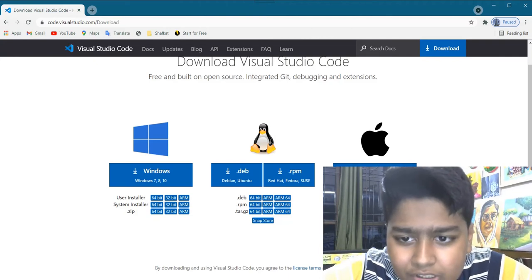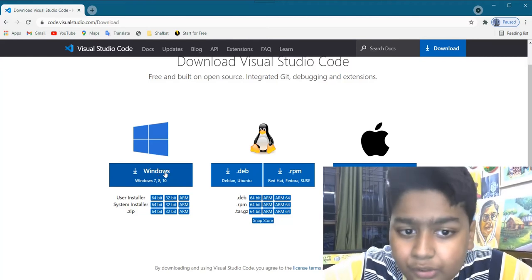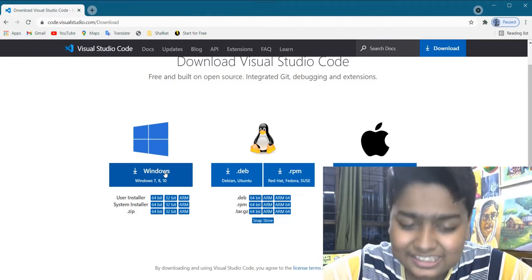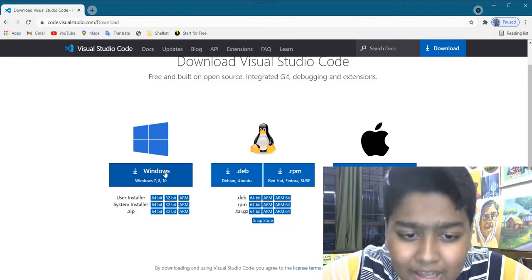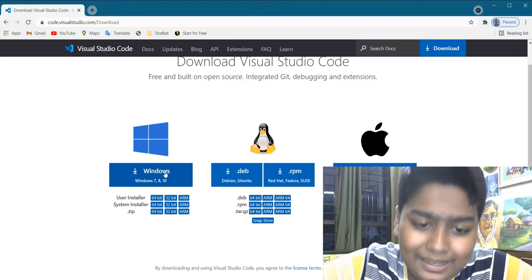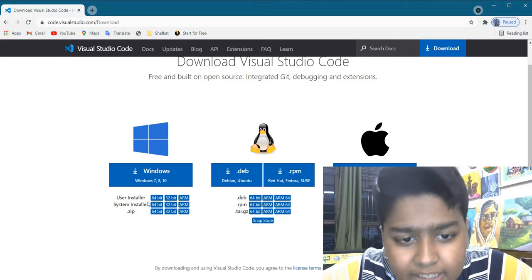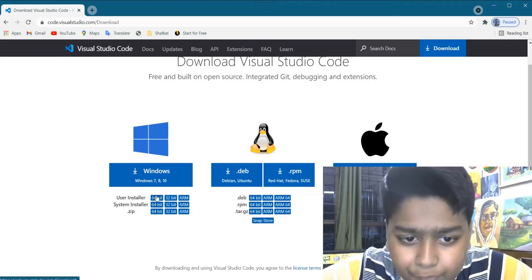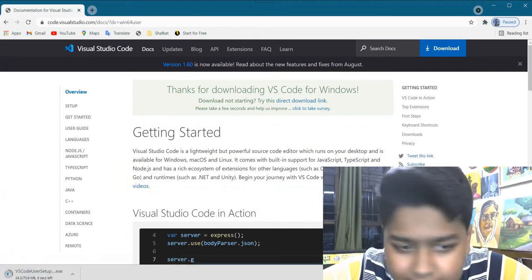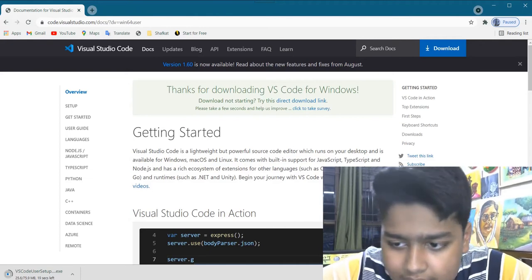If you're a Mac user, then download the Mac version, and if you use Windows, make sure that you have Windows 10, because Python doesn't work well in Windows 7 and 8, and in Windows 10 it works the best. It's really great. So what I suggest is the user installation. You download this one, 64-bit, and then it will start downloading. I won't download it because I have already downloaded Visual Studio Code, so I will cancel it.